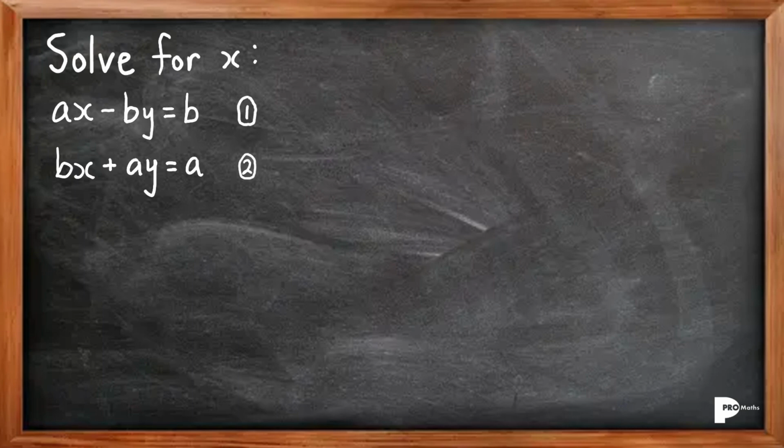Since we want to solve for x, let's eliminate y. For us to do this, we need the coefficient of y to contain the same variables. So we'll multiply equation 1 by a and equation 2 by b. This gives us: